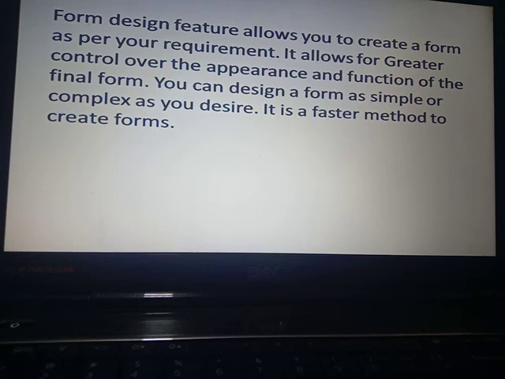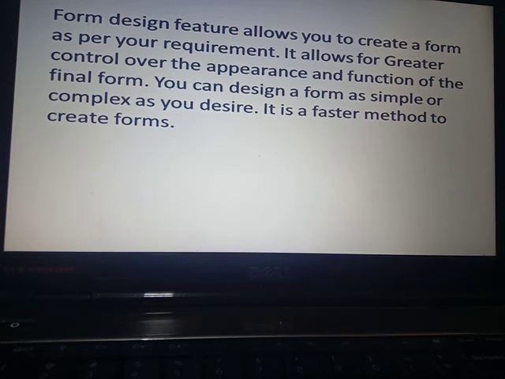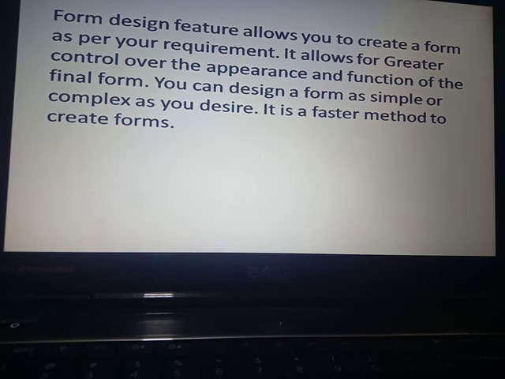It is a faster method to create a form, and it allows you greater control, by which you can make your form as you wish. It is not compulsory that you make a simple form. In that design feature, you can make a complex form, that means a very difficult form, or a very simple form, and it is very easy to create.